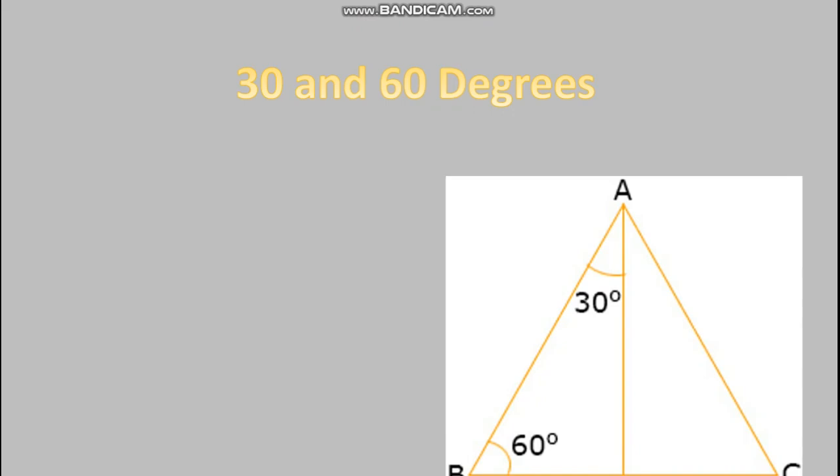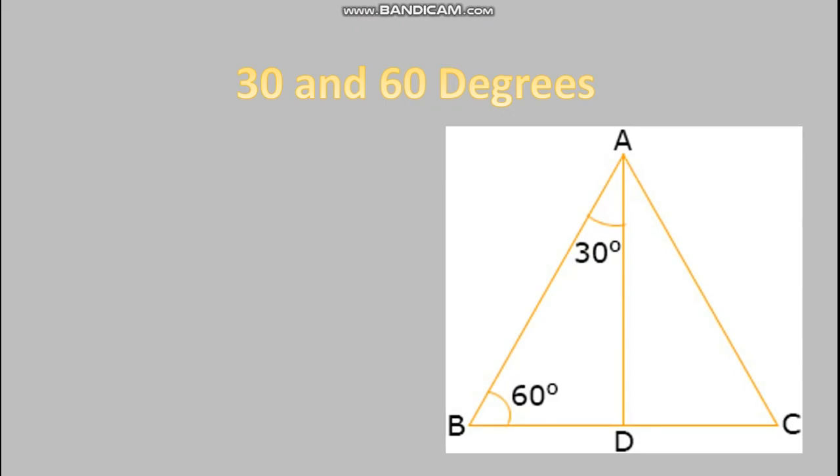Now students, I am going to explain the trigonometric ratios for angles 30 degrees and 60 degrees. Consider a triangle ABD in which angle D is 90 degrees, angle BAD is 30 degrees and angle ABD is 60 degrees. So to find the ratios, we have to construct another triangle ACD which is congruent to triangle ABD, such that